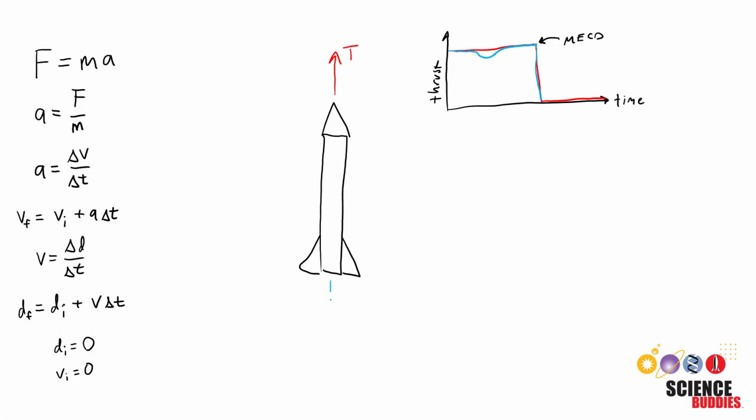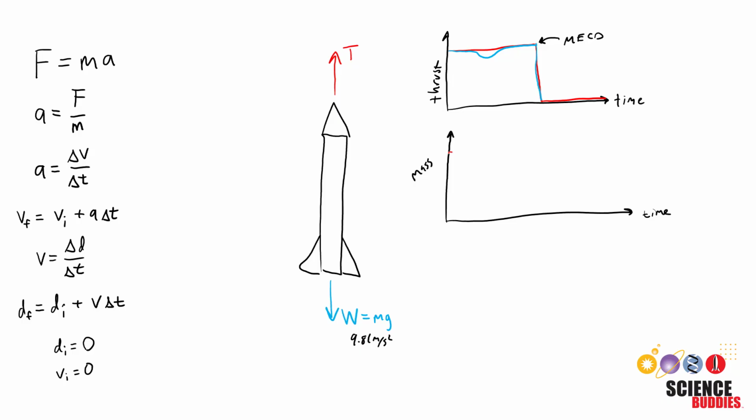Next we have weight, or the downward force acting on the rocket due to gravity. Weight is equal to mass times the acceleration due to gravity g, which at the surface of the Earth is 9.81 meters per second squared. This value does decrease slightly with altitude, but more importantly, the rocket's mass changes as it burns fuel. So if we look at a graph of the rocket's mass versus time, it may look something like this,